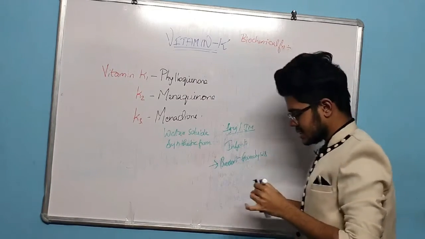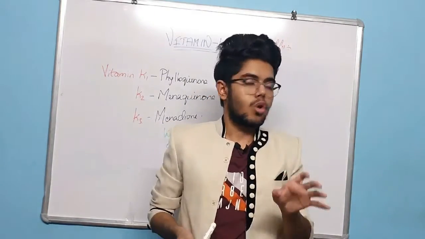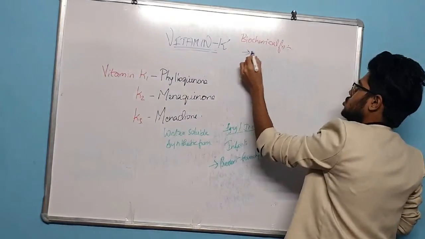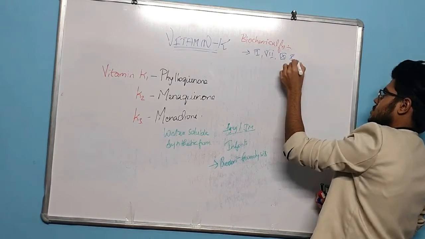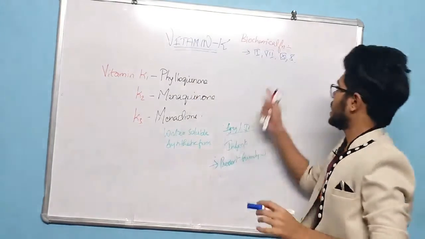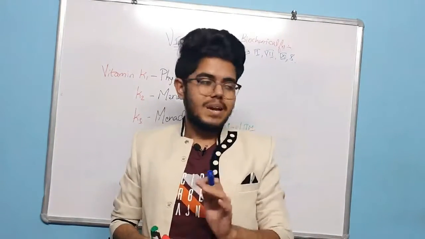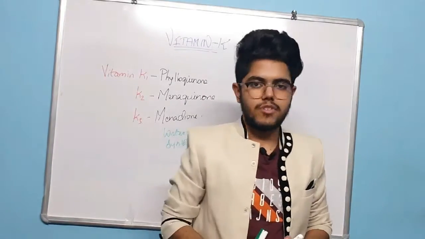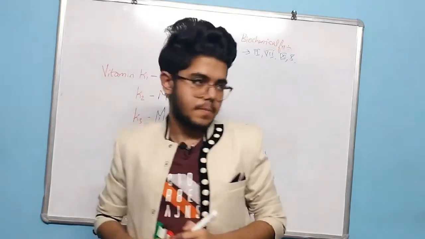First, the most important thing is it is going to assist in the blood clotting. Okay, mainly the blood clotting factors, that is 2, 7, 9 and 10. So 2, 7, 9, 10. So you remember it in any kind of form. They can ask you a Viva question. So when you remember vitamin K, remember this first biochemical function, that it is going to assist in the blood clotting, 2, 7, 9, 10. Okay.